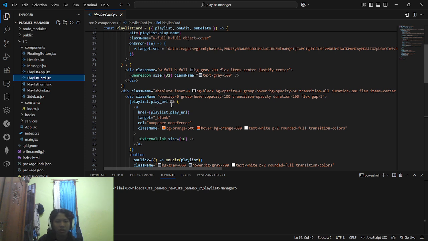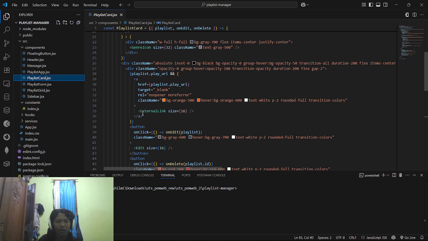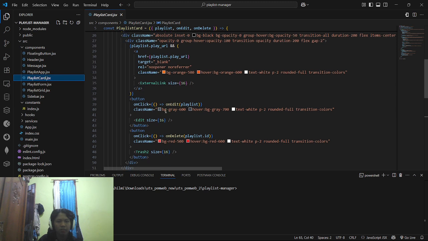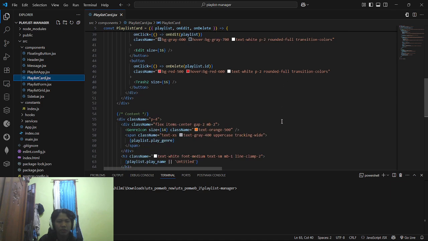So the user can input the URL in this section, so this is the external link. And then the button on edit, here is the style of the button, and then the button again on delete, and this is the style.